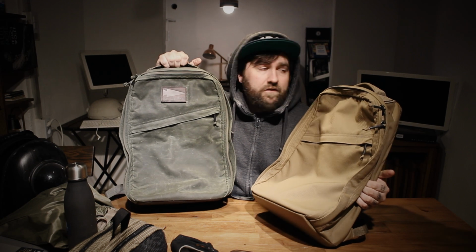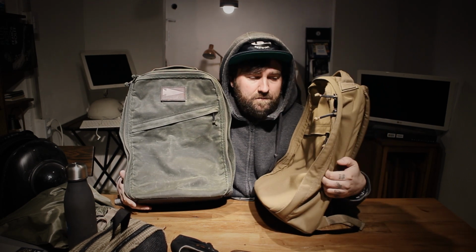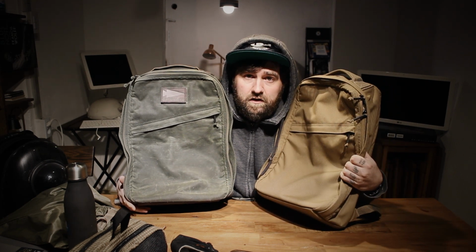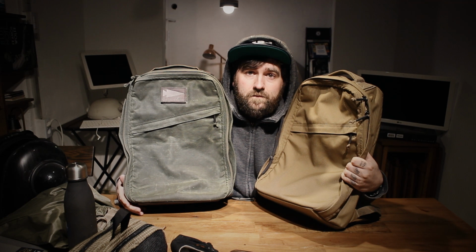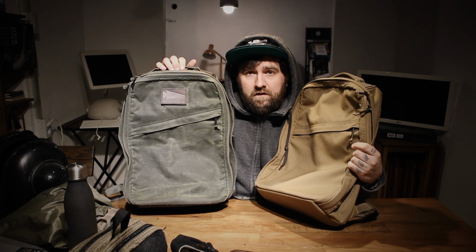This one happens to be leather. Does that matter in use? I don't know. Not really. Just something to make you feel better when you're showing it off to your friends. This one is $300. One thing to note is if you're one of my international friends, Huckberry does international free